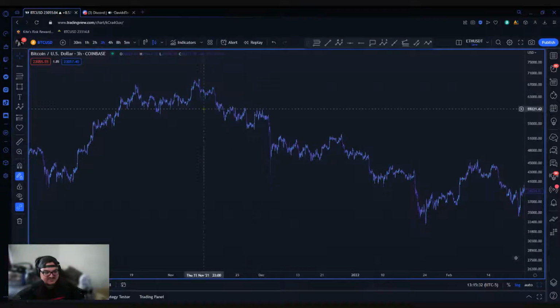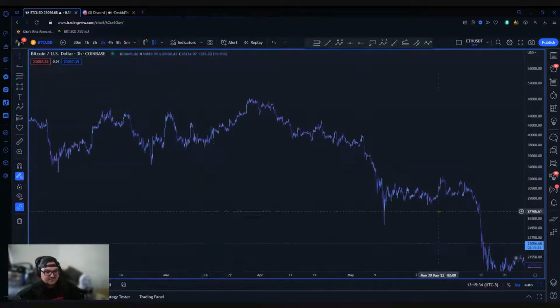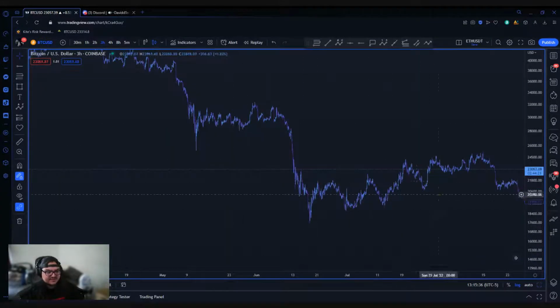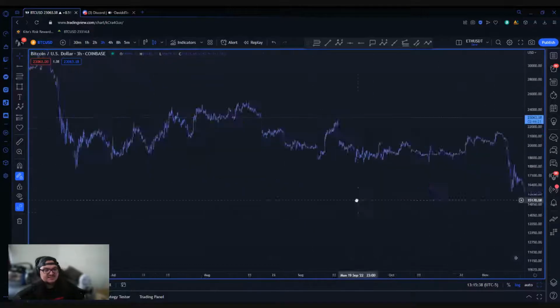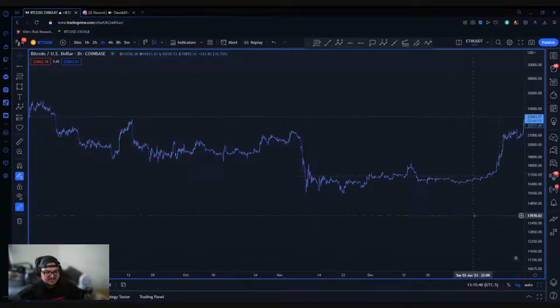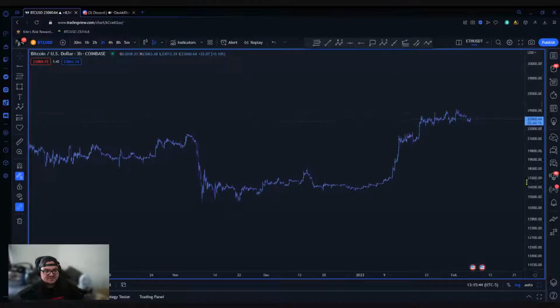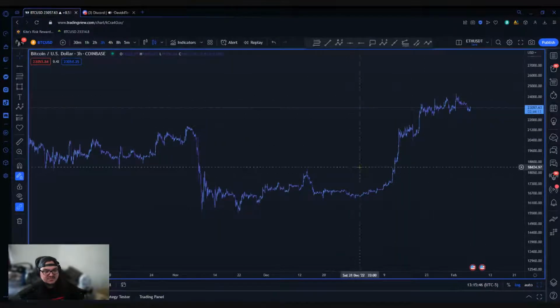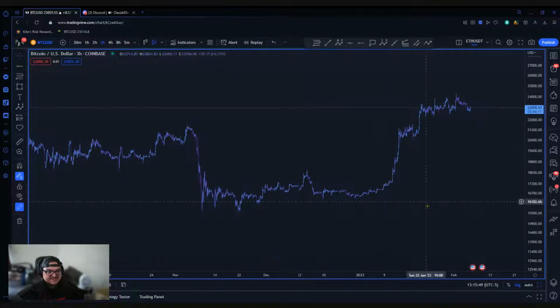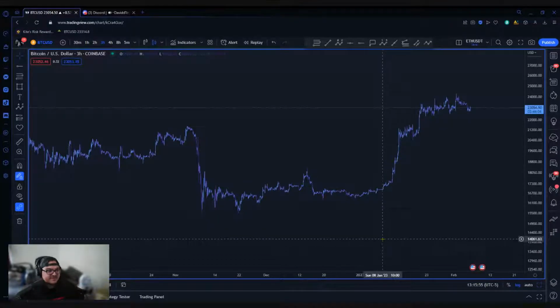My job isn't to predict where the market is going to go. My job as a trader, and for someone who uses ABCs in the way that I use it, is we let the market decide where it wants to bottom out, where it wants to top out, where it wants to reverse. And from there, we use ABCs as a way to identify where markets are either getting exhausted or finding a place to continue a larger trend.